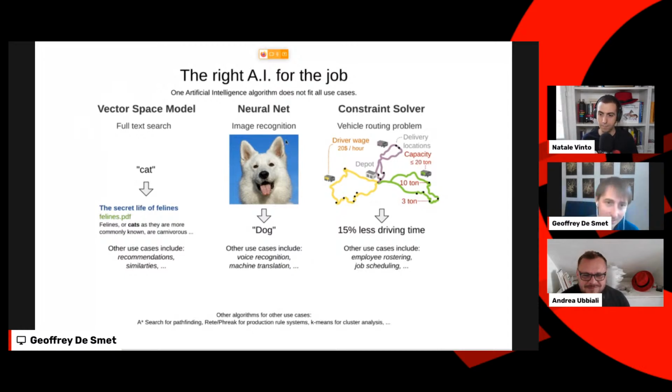So we've seen this, right? A neural net, when is an image recognition algorithm a good one? If it can do the job of a human, right? If you say, okay, this is an image, and the human can recognize if it's a dog or a cat or something else, and the algorithm can get the same output, then it's a good algorithm, right? For vehicle routing problems and these kinds of decision-making problems, optimization problems, the algorithms do much better than humans.